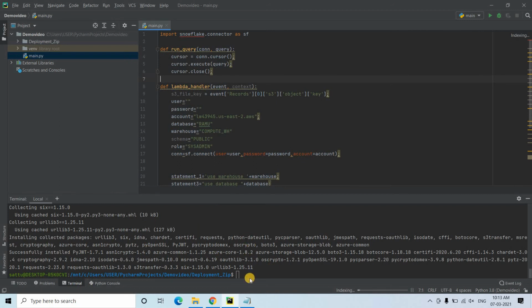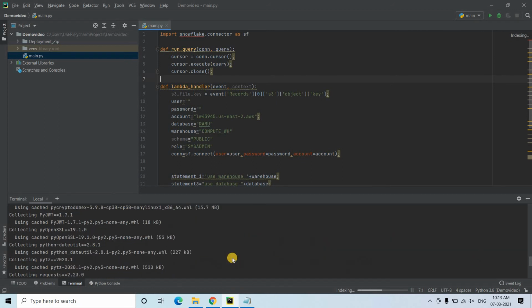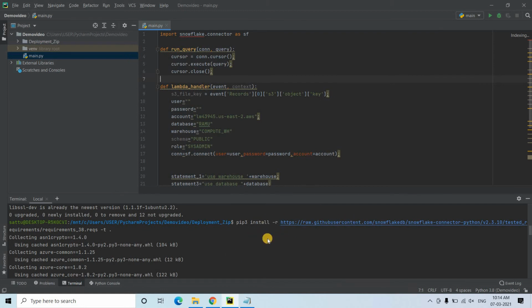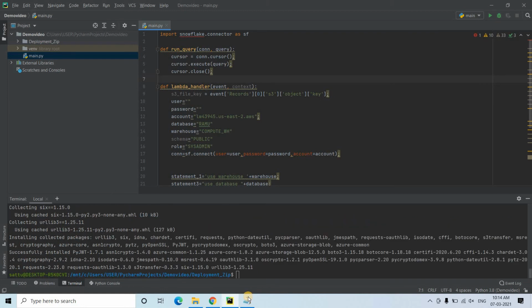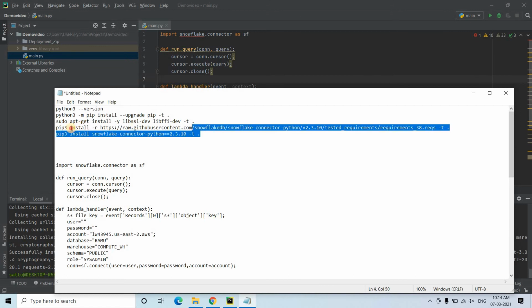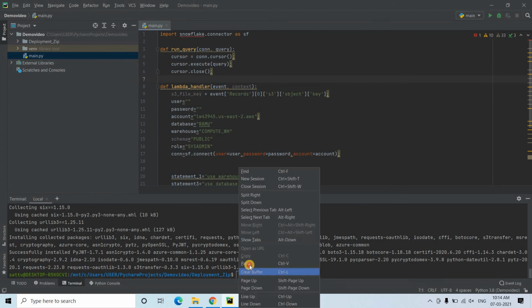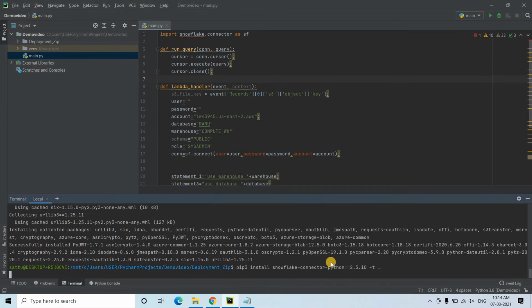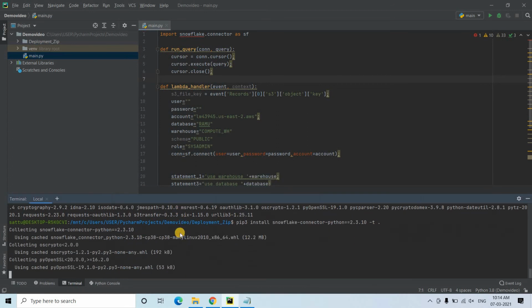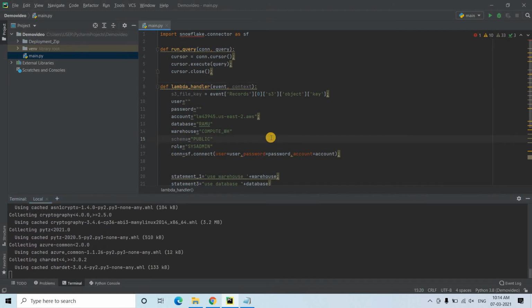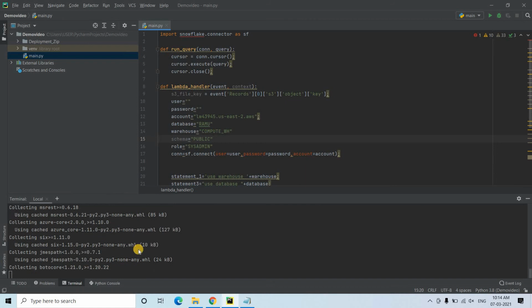And see, by this time our requirement file is installed, pip install -r requirement file. Now next step is what? Our installation of Snowflake connector. Okay, so whatever code I am executing, that also I'll be pasting, no issue. -t don't forget to write, because otherwise it will be installing somewhere else and you might face problem. Okay,